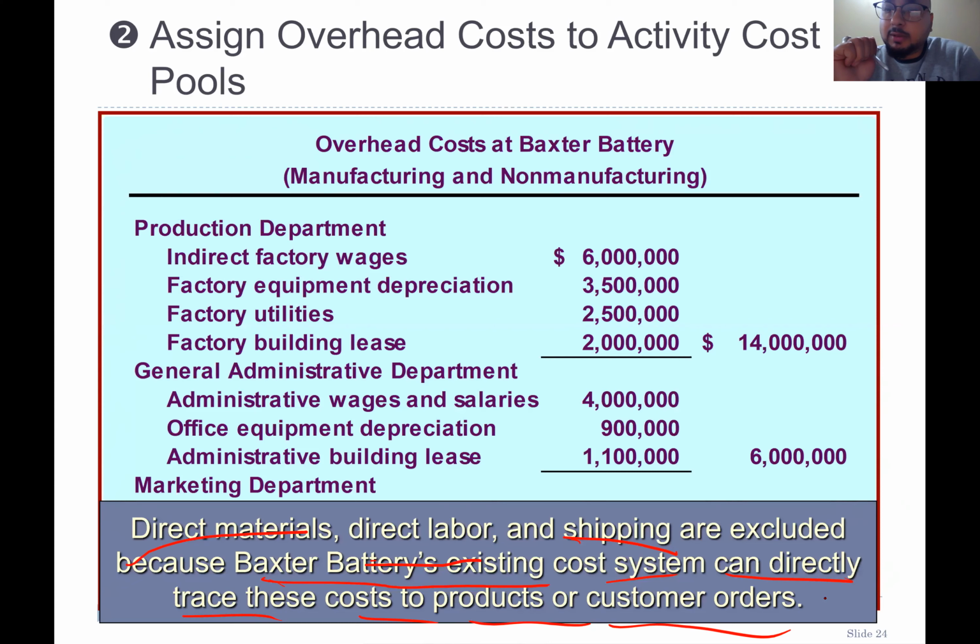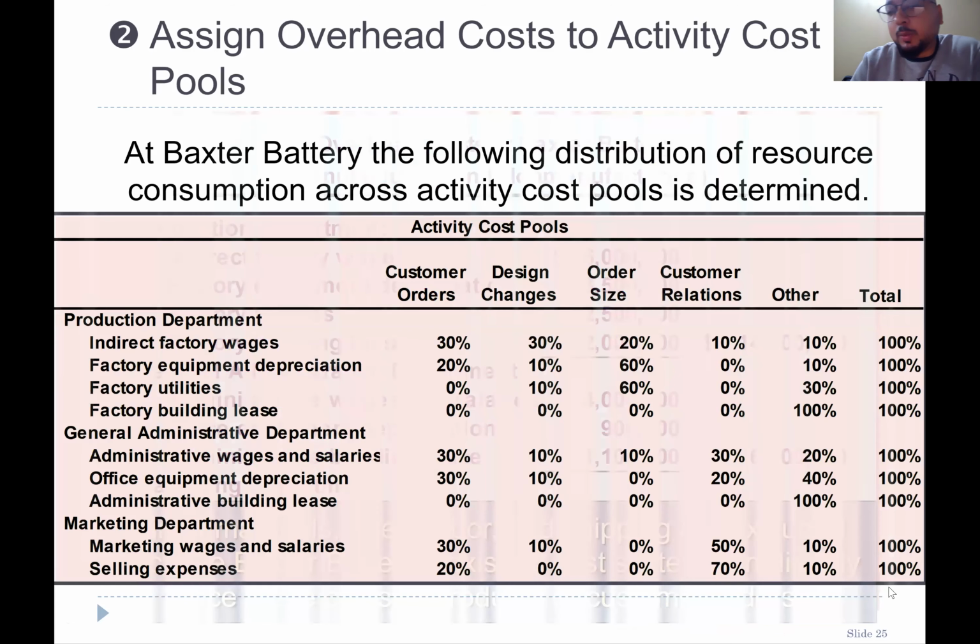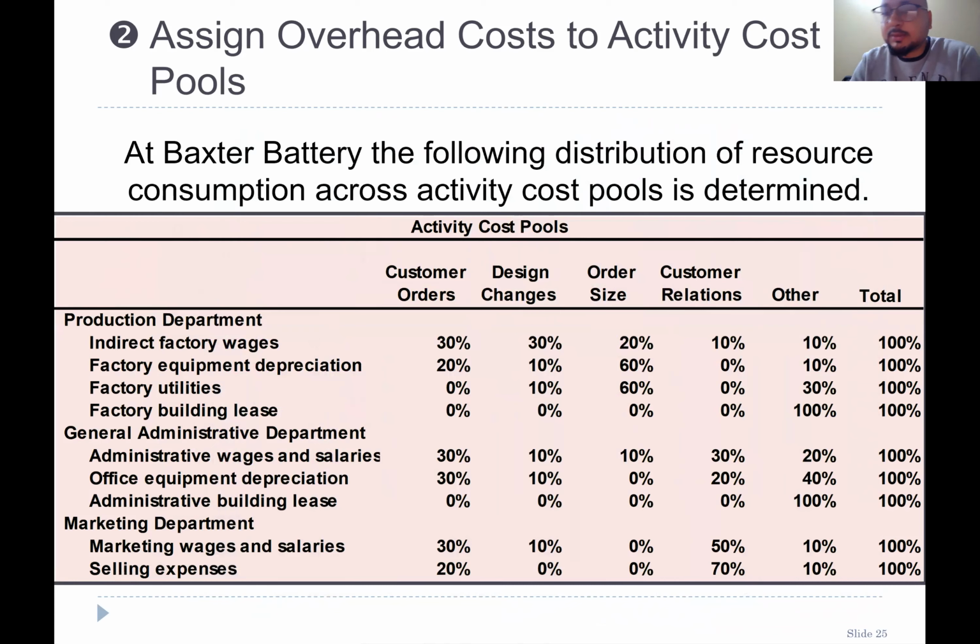ABC, activity-based costing. But activity-based costing includes overhead cost as both manufacturing and non-manufacturing. There is no doubt that direct material and direct labor will be a part of product costing, but we don't need a separate costing method. Why? Because they are easily traceable and easy to calculate. We don't need any special method to calculate that. So the ABC team has categorized